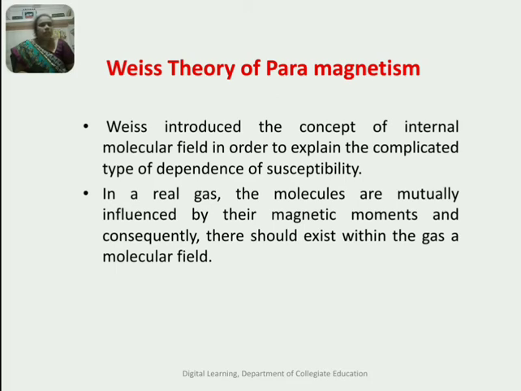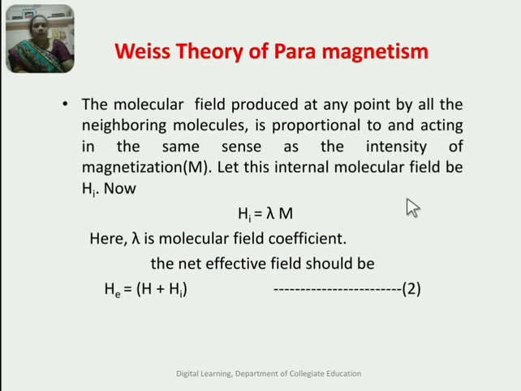The Langevin theory also fails to explain the relation between paramagnetism and ferromagnetism. Then later in 1907, Weiss introduced the first modern theory of paramagnetism. So students, Weiss introduced the concept of internal molecular field in order to explain the complicated type of dependence